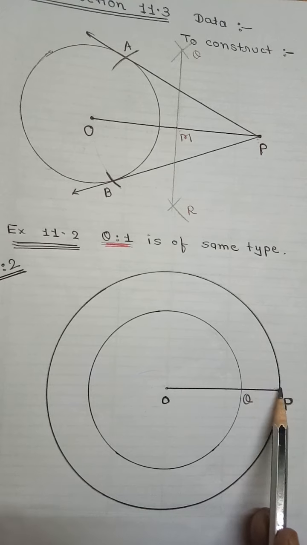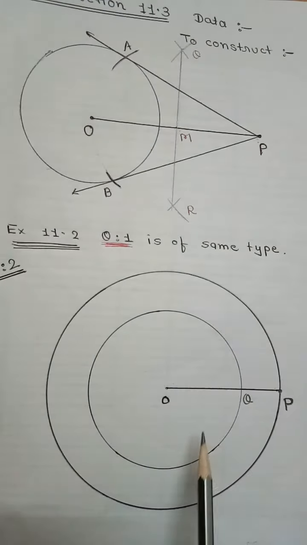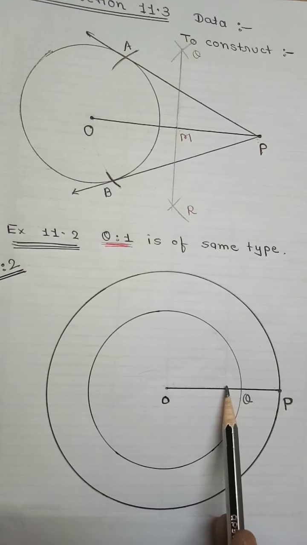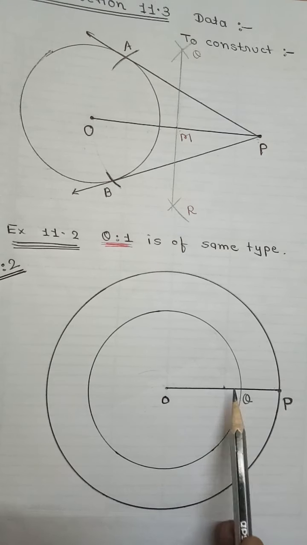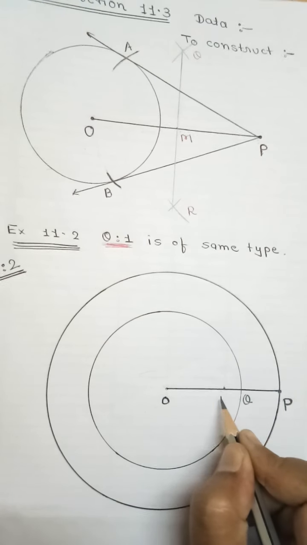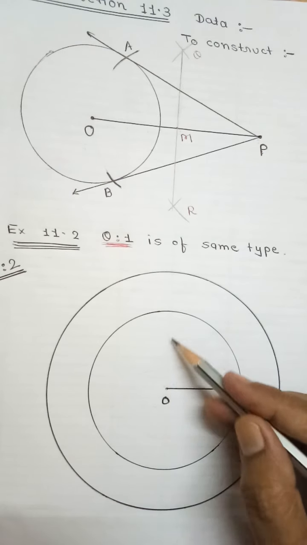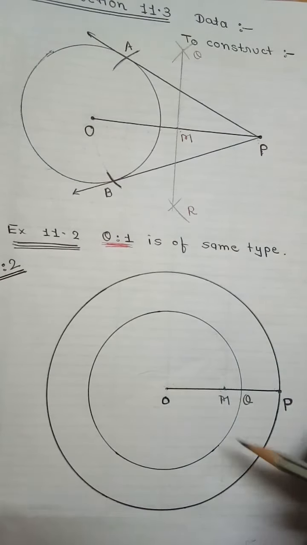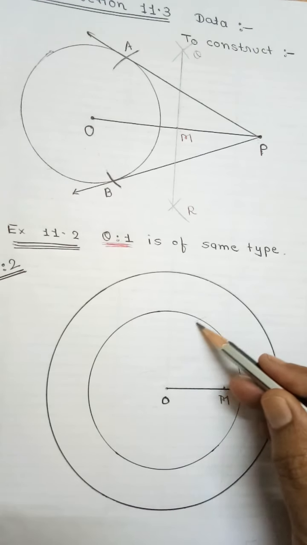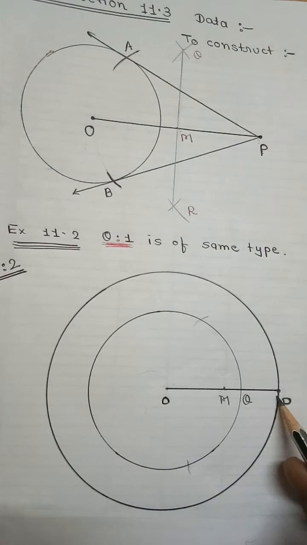First of all find midpoint of this OP. How to find midpoint? So draw perpendicular bisector of OP. Now as soon as you get perpendicular bisector, so you will get midpoint. Suppose this is your midpoint M you got. Then using this midpoint, take MO distance, and as I told you in textbook they are giving circle, but we don't have to draw circle, only we will give two arcs like this. Suppose it will come randomly like this, then join this PA and PB.